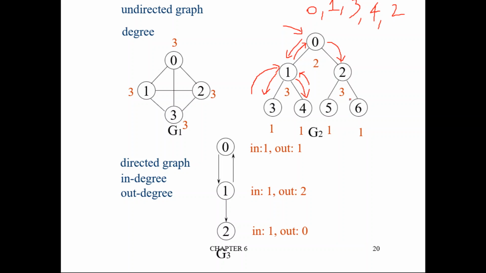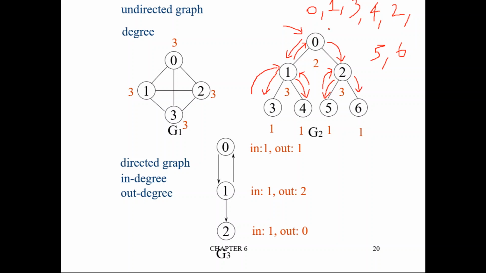Now at 2 you have two options. Whenever you have more than one option, you have to go from left to right. You can go either to 5 or 6, but we will take the leftmost option, so we will visit 5 first. Now at 5 we have reached a dead end, because 5 has only one path, to 2, and 2 is visited. So from where you reached 5? From 2. So get back to 2. From 2 there is one thing pending, that is 6. Are you getting it? So visit 6.